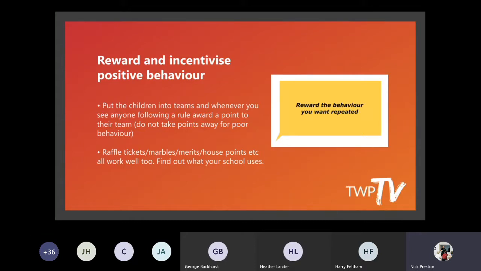It could be class timetables. It could be a graph where they have a thermometer building up. If you search online for custom thermometers, a visual picture, you type in the score that you want them to achieve, then type where they're at, and it will visually show them a picture of the thermometer of where they're getting to. And it's a great visual for the children to actually earn towards that.